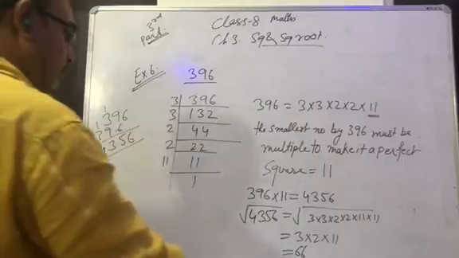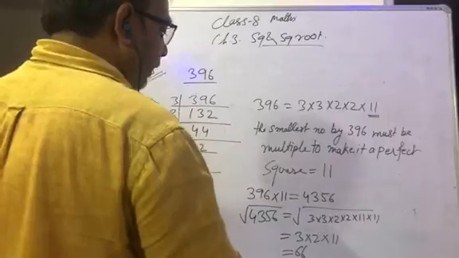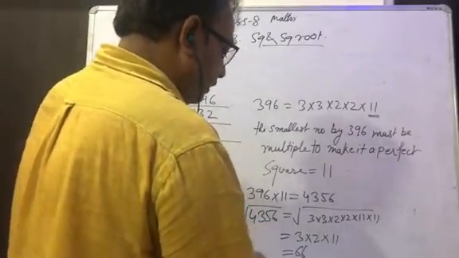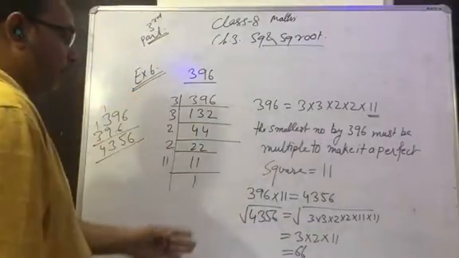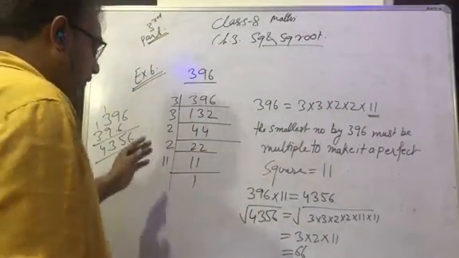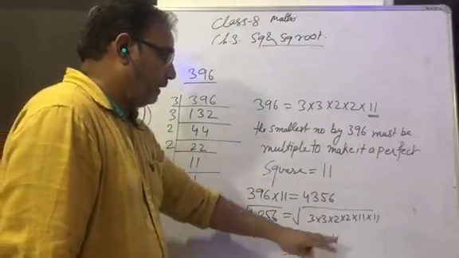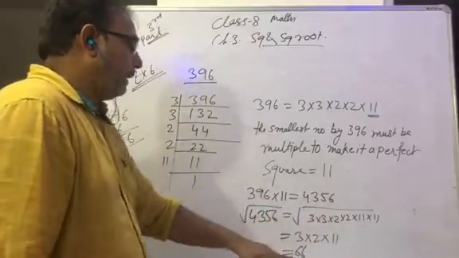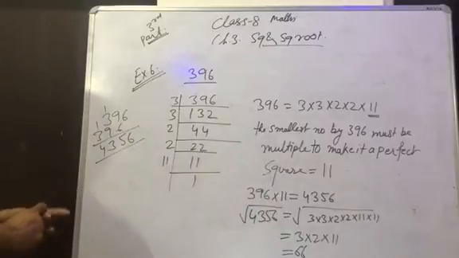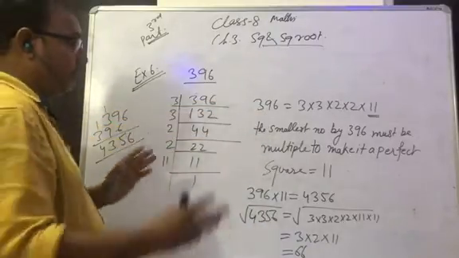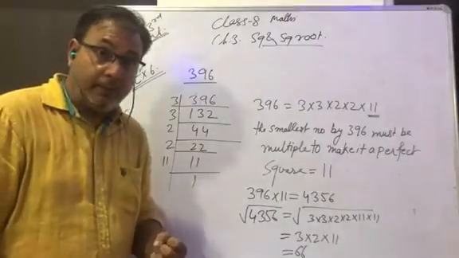When we multiply, yes, this is given on page number 49, 4356. The prime factorization of 4356 is on page number 49. We just solved it before this question, before example number 5. So if you take out a common 3, 2 and 11 and multiply them. So 396 is not a perfect square number. We have to find the smallest number that must be multiplied to 396 to make it a perfect square number.